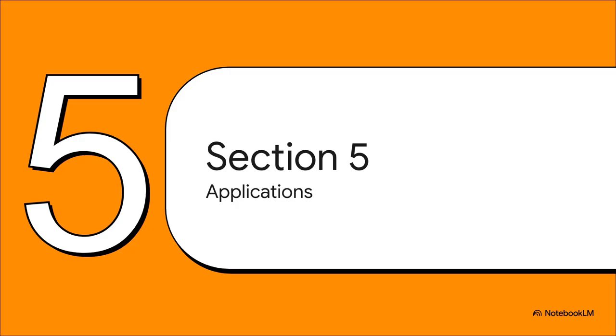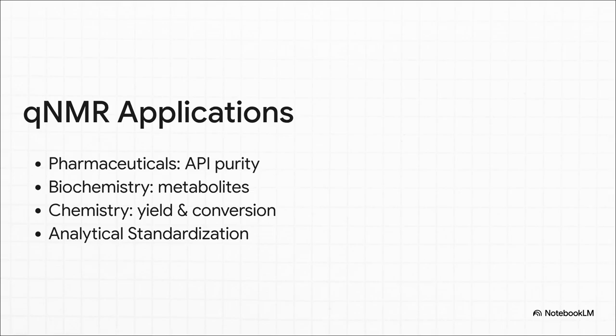Let's wrap things up with Section 5, applications and advantages. Why does this matter in the real world? Well, this isn't just academic theory. It is driving major industries. When a pharmaceutical company needs to prove that a life-saving drug has the exact right amount of active pharmaceutical ingredient, they trust qNMR. Chemists use it for reaction monitoring and calculating exact yields without even having to physically separate the mixture. It's heavily used in biochemistry to measure delicate metabolite concentrations, and it's literally the gold standard for analytical standardization